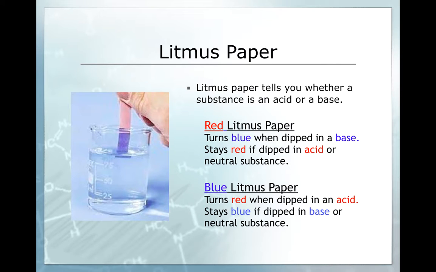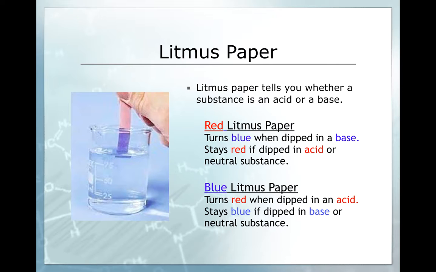One of the tools that can be used to determine whether a substance is an acid or a base is litmus paper. There are red and blue litmus paper. If you take a piece of red litmus paper and dip it into a base, it will turn the paper blue. But if you dip the red litmus paper into an acid or a neutral solution, then the paper will